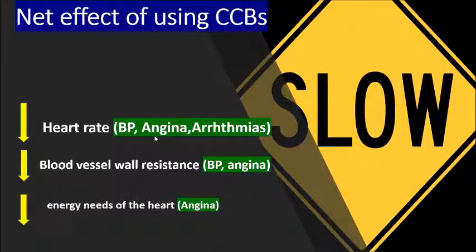The blood vessel wall resistance is also reduced because you block the entry of calcium into the cell. So the vessel wall is relaxed, there's less resistance, so the heart can pump blood more smoothly. And as we said, the energy needs of the heart are reduced, relieving